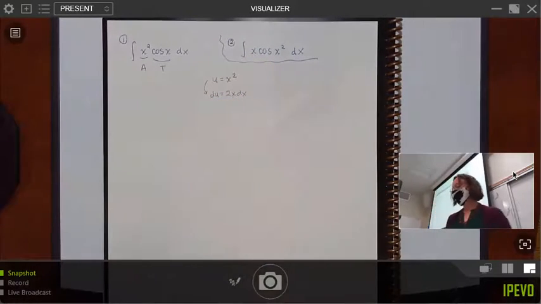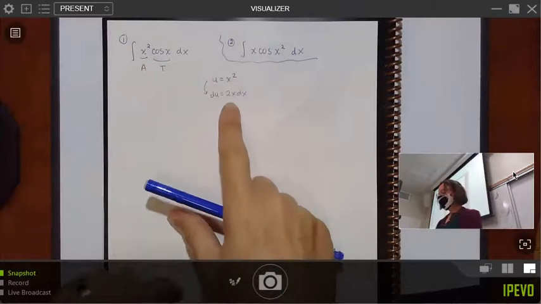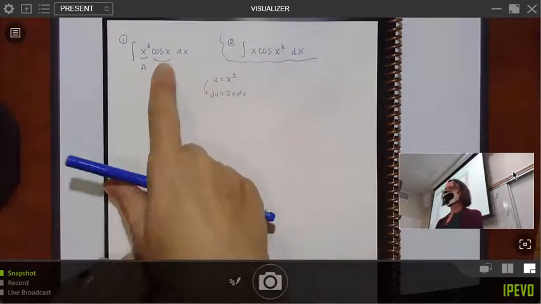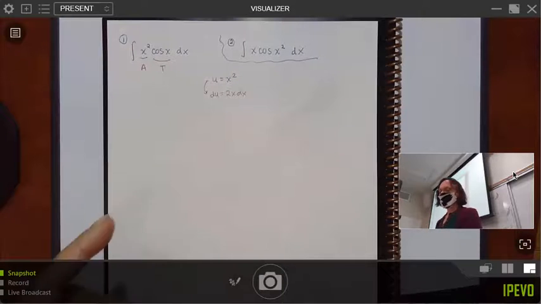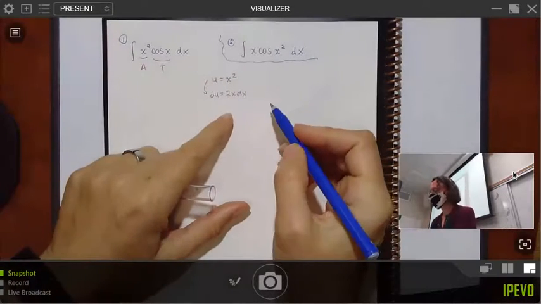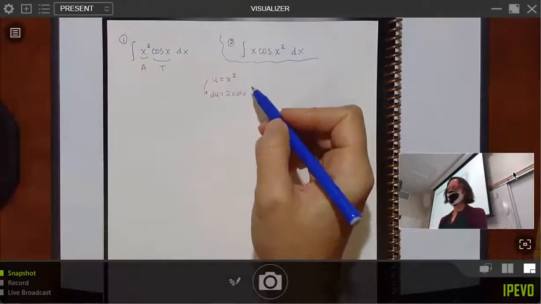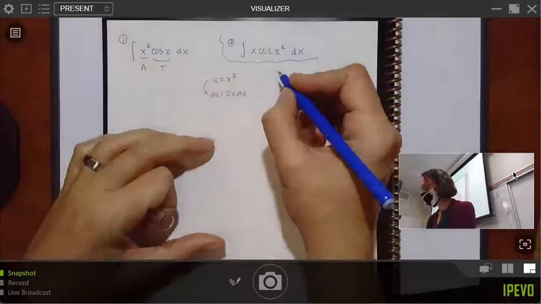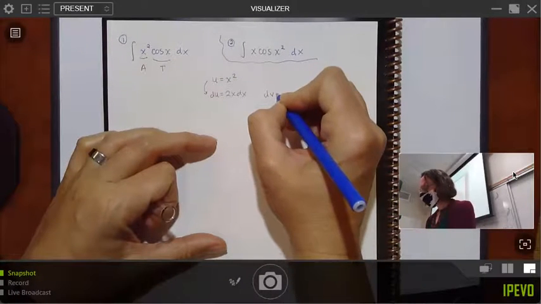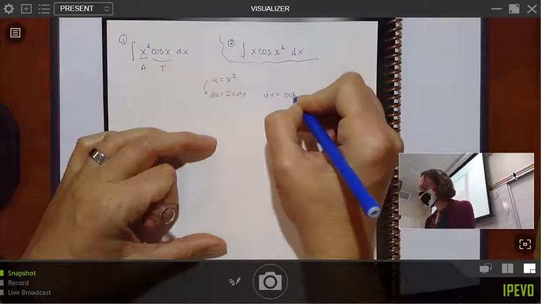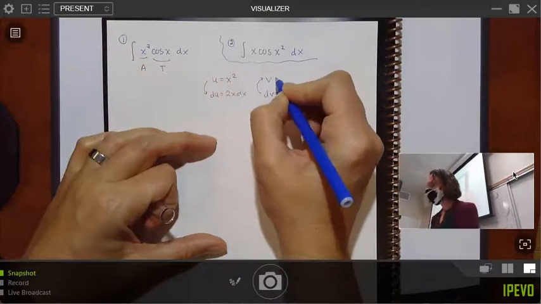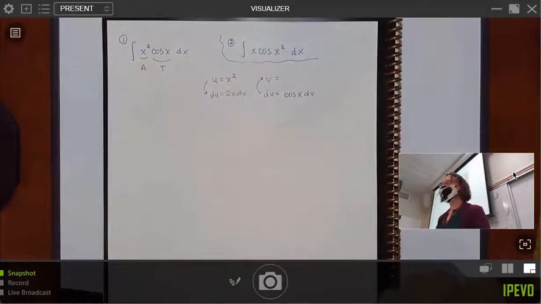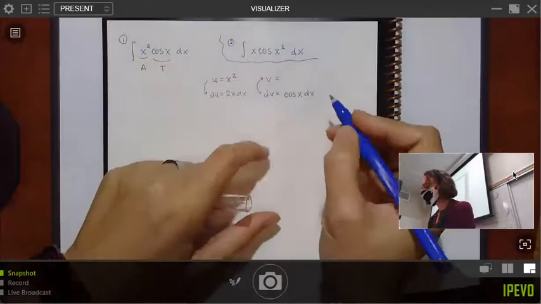By the way, if you start down this path and you notice that what you needed is in the problem somewhere, then you know it was a u sub and you can bail, right? Unfortunately, we don't have the 2x dx and we still have a cosine, so we've got to keep going. dv is going to be everything else. So now I'm looking for the antiderivative of cosine, which is